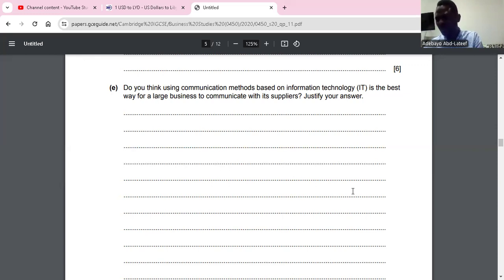Two, phones is another method through IT. Phones means you have to put a call through to your suppliers. Putting a call through allows prompt feedback, especially if orders have to be made immediately. But the problem about telephone is that your suppliers might be out of reach, maybe network problem or poor coverage, or their phone is on silent. So you might not be able to get a quick response from them. Okay. Move on.